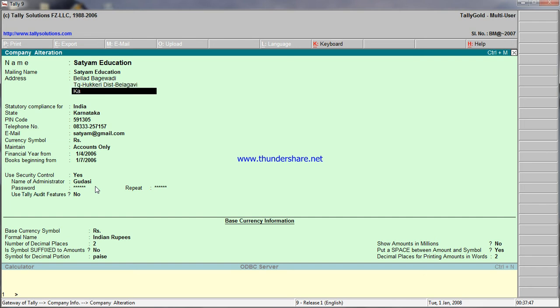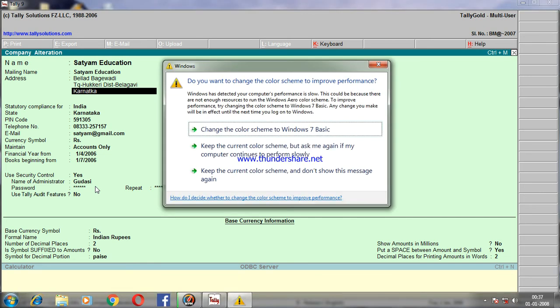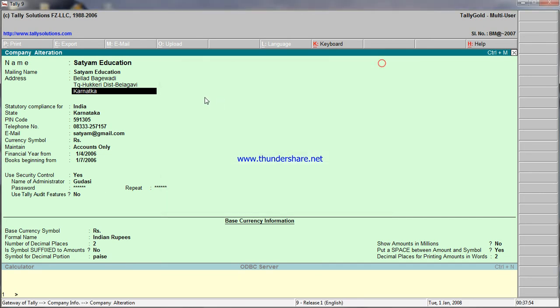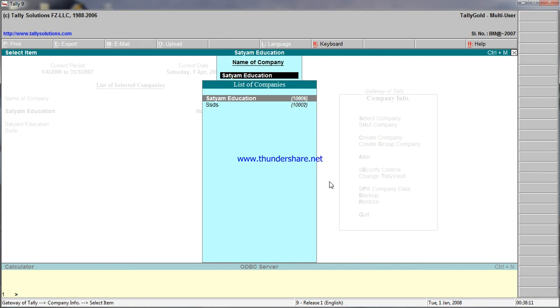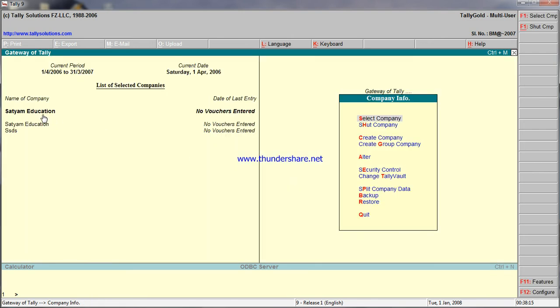Here I will enter Karnataka. I made a little change, the name of the state, and click on the yes option in the accept dialog box. Now press the escape key. Now it is altered.